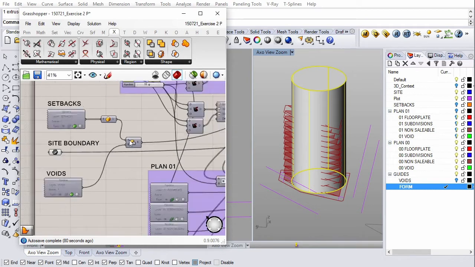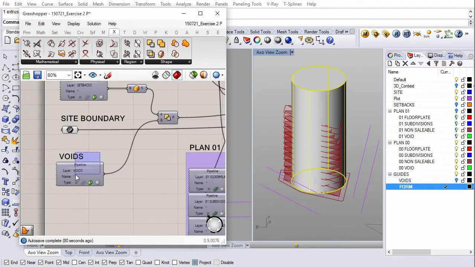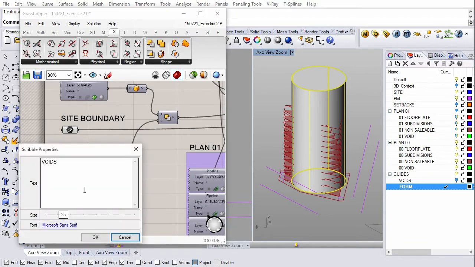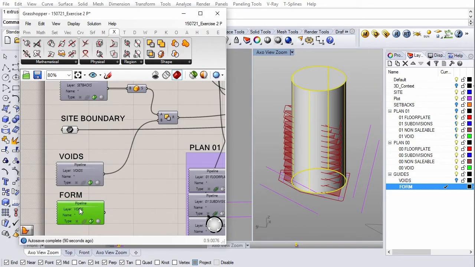We then input that as a form. And in this case, we want to intersect it with our volume.